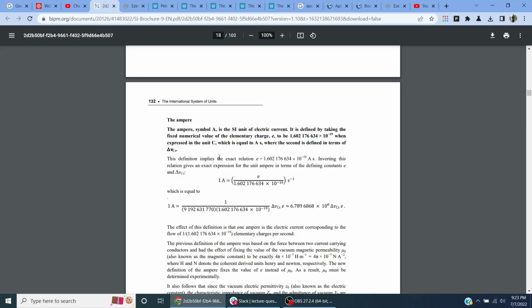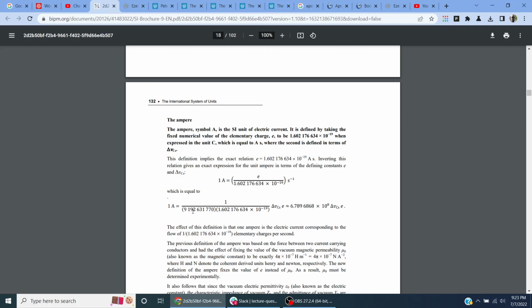This definition implies the exact relation e equals 1.602176634 times 10 to the minus 19 ampere seconds. Inverting this relation gives an exact expression for the unit ampere in terms of the defining constants e and the cesium frequency. 1 ampere equals e over 1.602176634 times 10 to the minus 19 inverse seconds, which is equal to 1 ampere equals 1